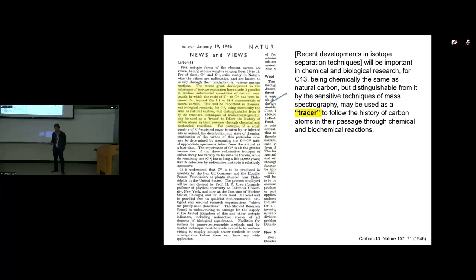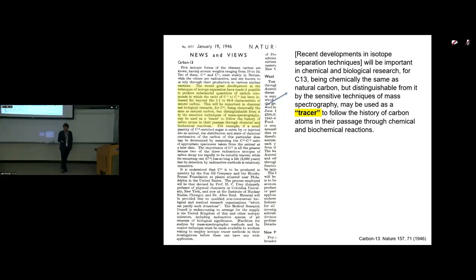And an interesting thing here is, even during that time, if a small quantity of carbon-13 enriched sugar is eaten by or injected into an animal, the distribution and state of chemical combination of the carbon can be determined by the ratio of carbon-13 and carbon-12. That will tell you about what happened to the carbon-13